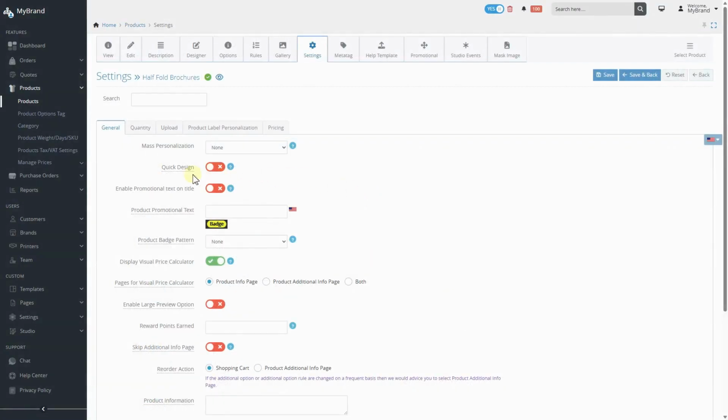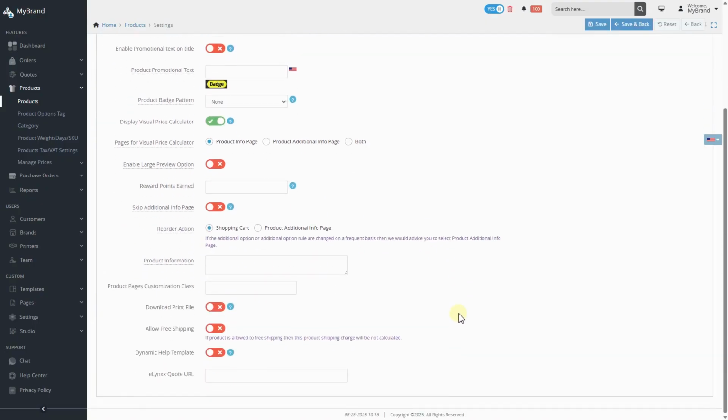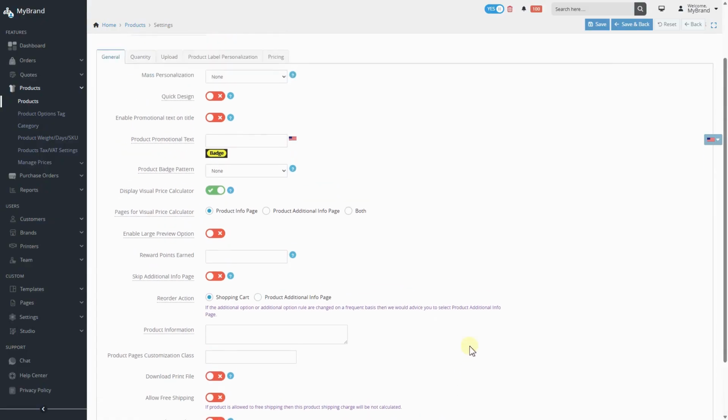In the General tab, you can enable Quick Design, mark a product as promotional, add promotional text and badges, and enable the visual price calculator so customers see options like size and quantity as images. You can also set reward points, skip the additional info page for faster checkout, and choose where customers go when they reorder. Additional features include allowing free shipping, enabling dynamic help templates, and even letting customers download print-ready files before